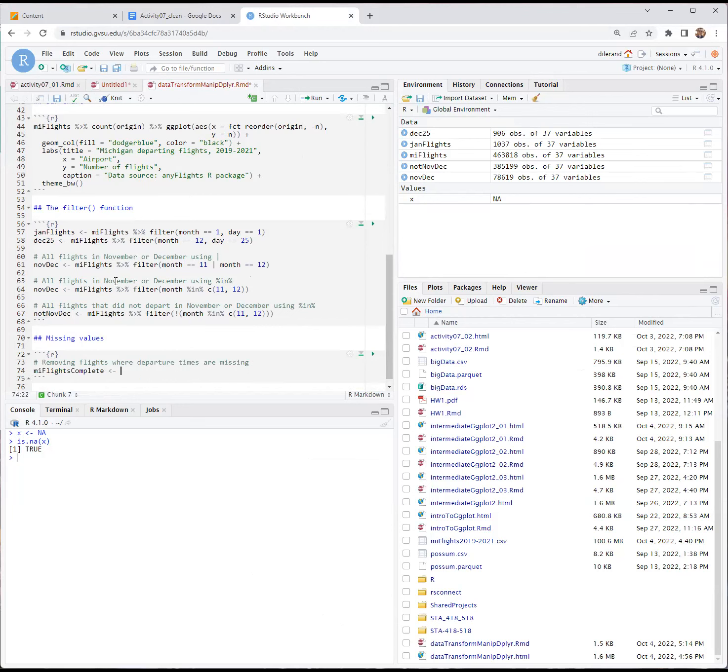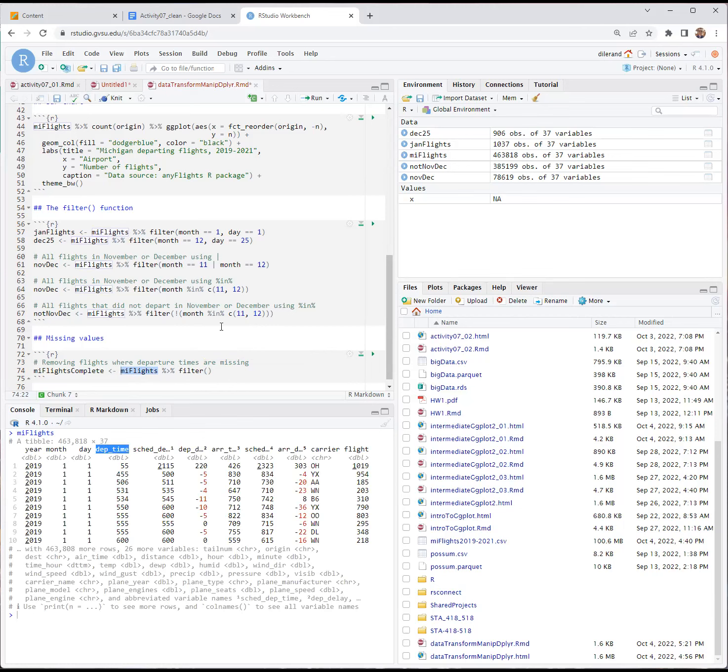Okay. So we're going to filter. And then let's see, what's the departure times variable? Dep time. We want to filter. So if we do is.na,